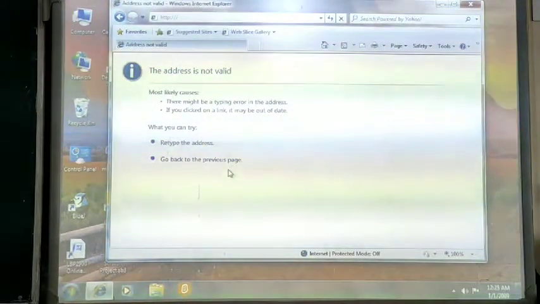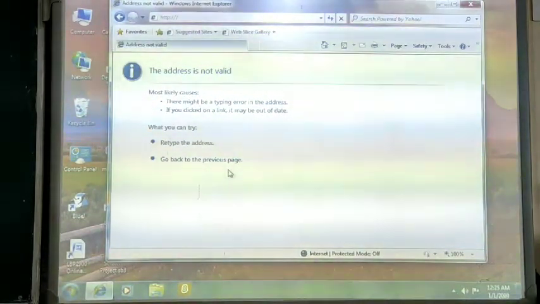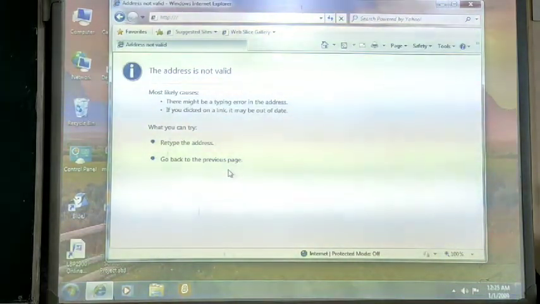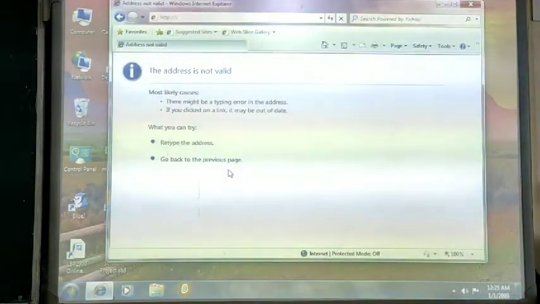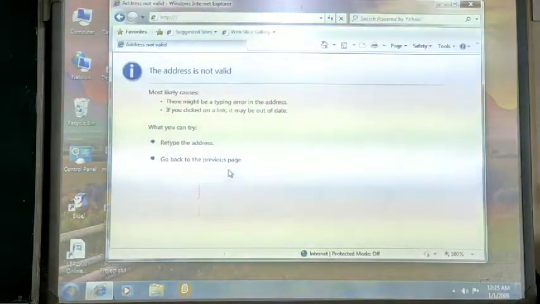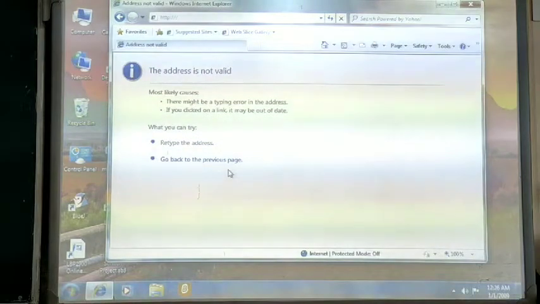The horizontal scroll bar helps you to move the web page left to right and right to left. And the vertical scroll bar helps you to go through the page up and down.